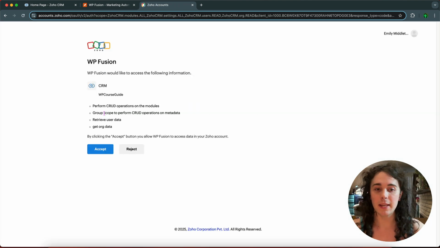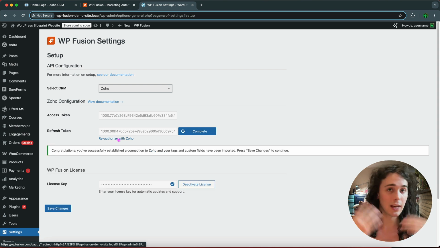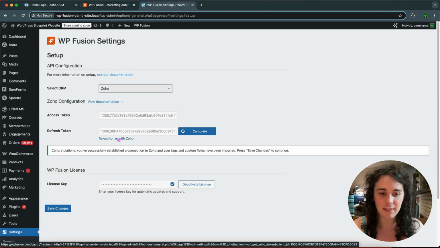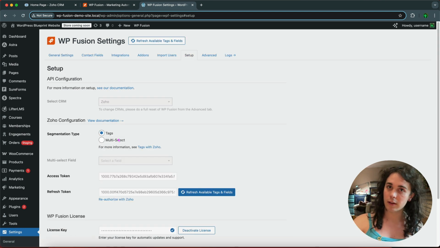It's going to redirect me over to a page where I can allow my website to accept certain information from Zoho. And that's all I need to do. And the connection is active. It's going to take a second to sync my contacts. And if you have a lot of contacts, it might take a moment. But once that's done, I'm going to reload the page and I'll have access to all of the WP Fusion